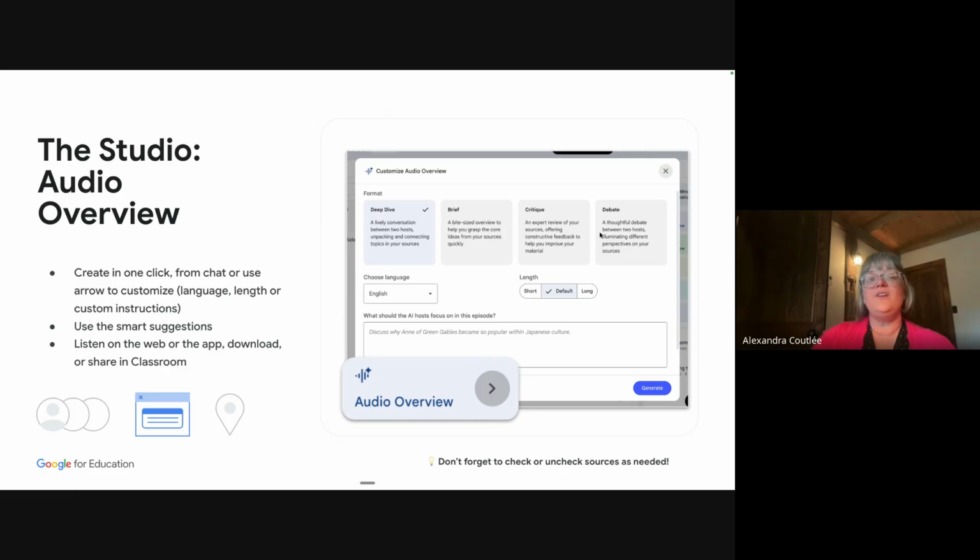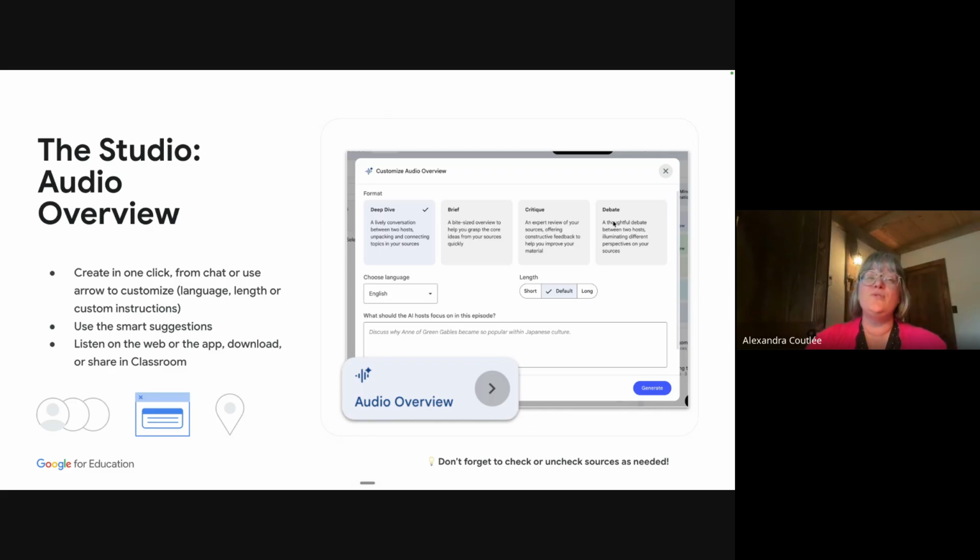You have 4 different audio overviews that it can create. The first one is called a deep dive. It's basically a conversation between 2 people, and they're just going to discuss your sources. They're always very enthusiastic about your sources. Whatever you put in there, it can be your math program, and it's the greatest math program in the universe, and then they'll discuss the whole thing. The next one is called the brief. The brief is going to be a summary. It's one person talking and giving you a quick summary.